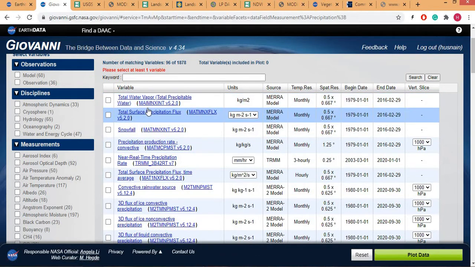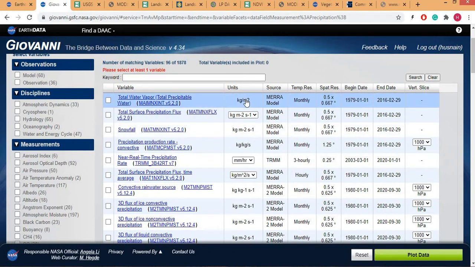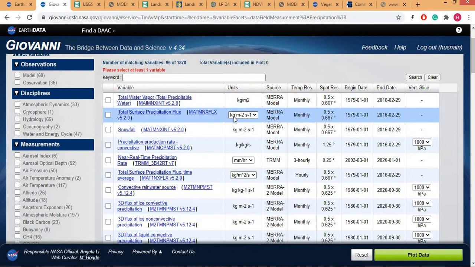The unit is kilogram per square meter. You can convert kilogram per square meter into millimeter. I think 1 kilogram per square meter is equal to 1 millimeter, and 1 kilogram per square meter per second is equal to millimeter per second.